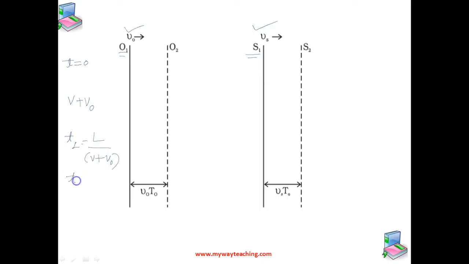and at the time t equals T0, both observer and source have moved to their new positions O2 and S2. The new distance between the observer and the source would be L plus vs minus v0 times T0. This is the new distance. At S2, the source emits the second crest. This reaches the observer at a time t2. So we can write time t2 as